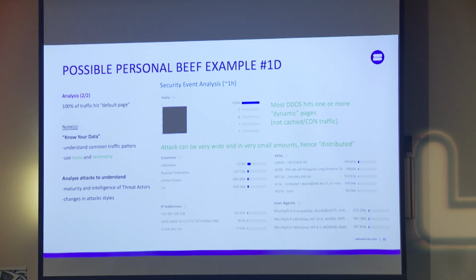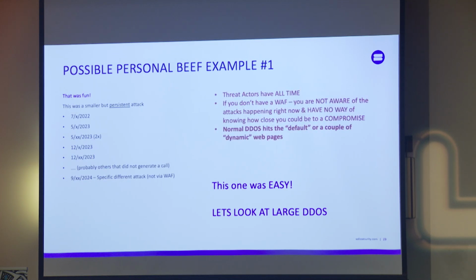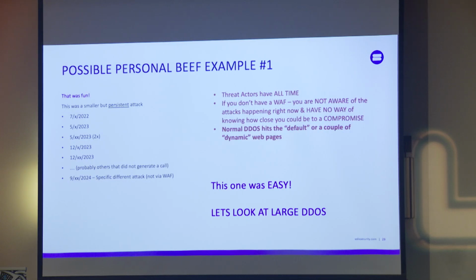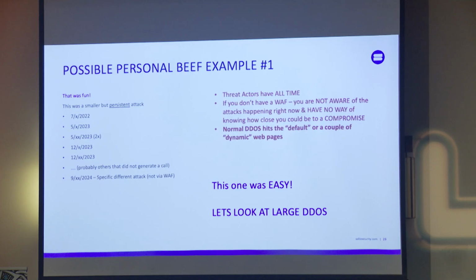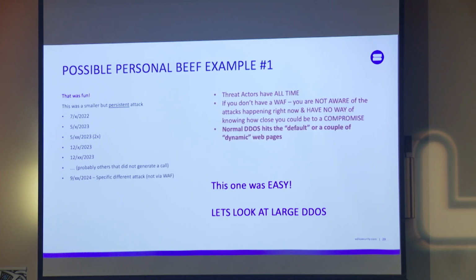The IP addresses started at 136,000 and went all the way down to very small numbers, right? And the user agents were also very varied. So looking at this telemetry helps you know things. This company got attacked several times very persistently. They have all the time, but you have the home field advantage. They have to guess what protections you have and why they're getting blocked, unless they're inside of your configuration. So it's very important that you're using that knowledge and helping get them out of your environment and costing you money and downtime. So that's an easy one. That was actually really easy.